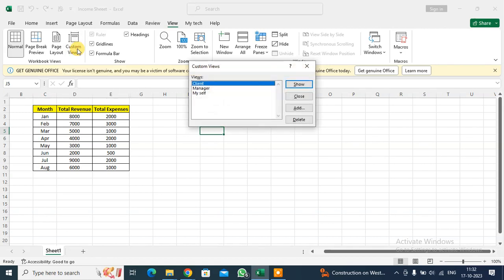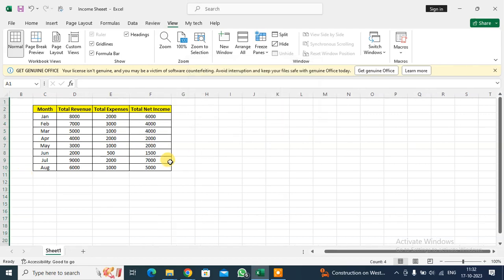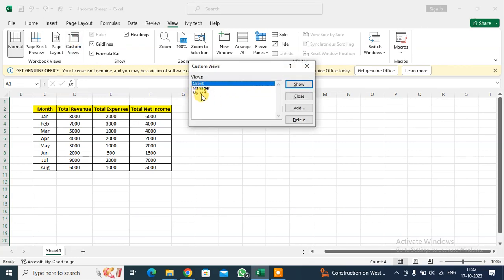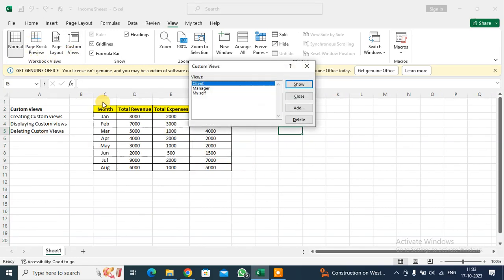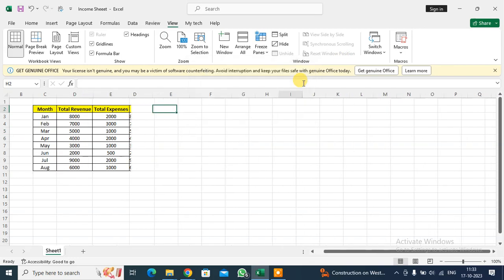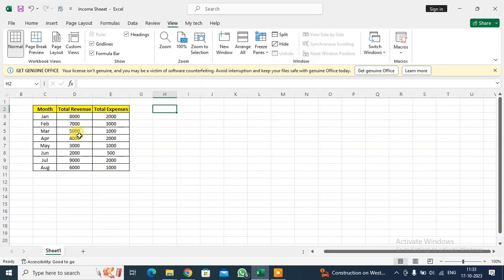Then I click on the custom view. When I show the data to my manager, I click on the manager view and click on Show. This is the manager view. Again I want to show data for myself. This is the view for myself. Okay, I show to my client. This is for client. I'm showing this data to my client. Okay, this is a different way you can show